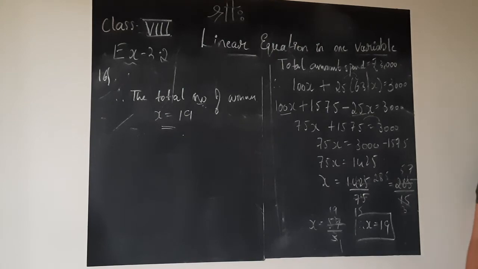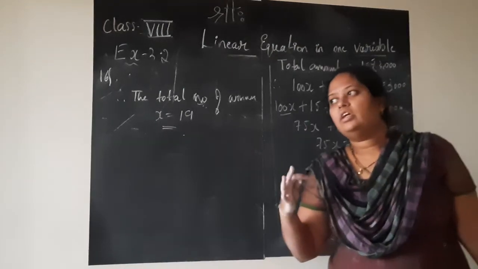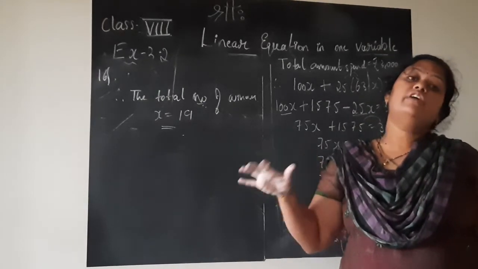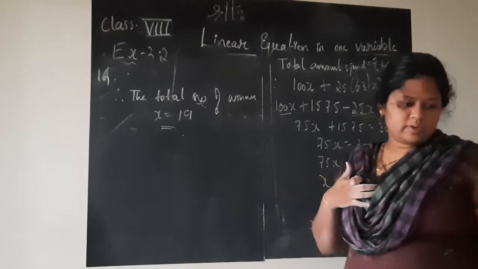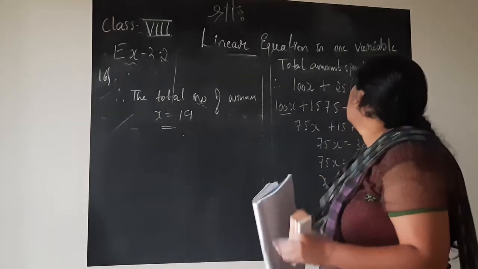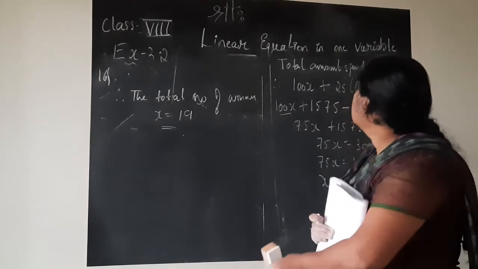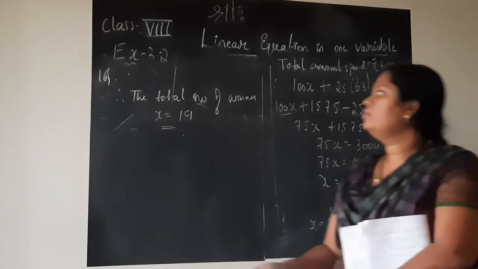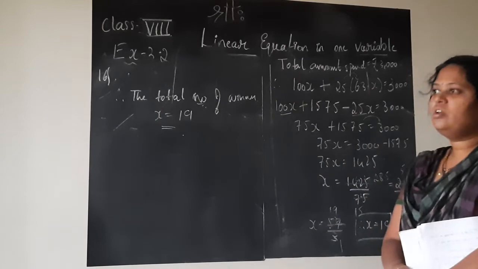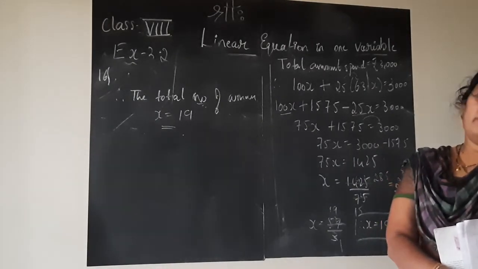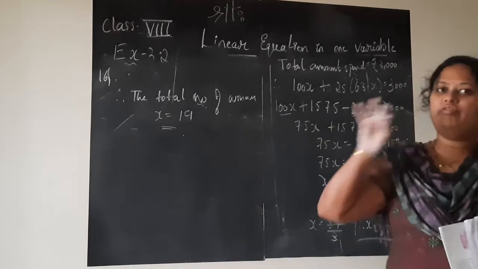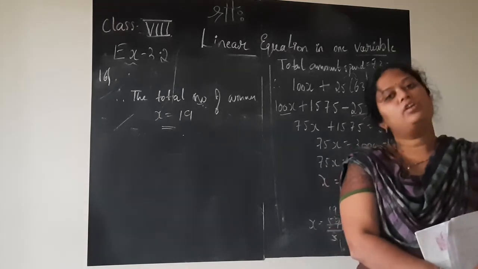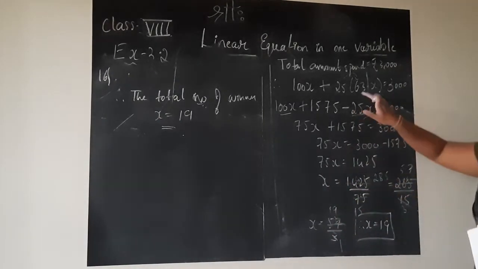Winners are 19. So children, what we did is, total number of participants given was 63. How many winners were there? They asked us the question, and they gave us the hint that a total of 100 rupees was given to the winners, whereas 25 rupees was given to the participants who did not win. So let the number of winners be x. Total number of participants subtract the number of winners gives the number of participants who did not win. That is what we did, and we got 63 minus x.